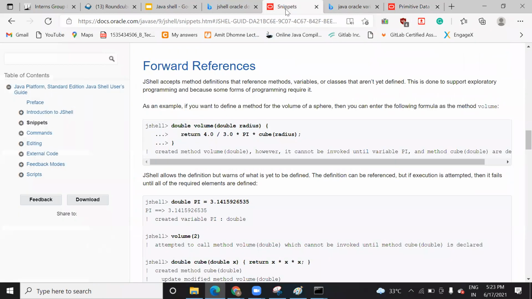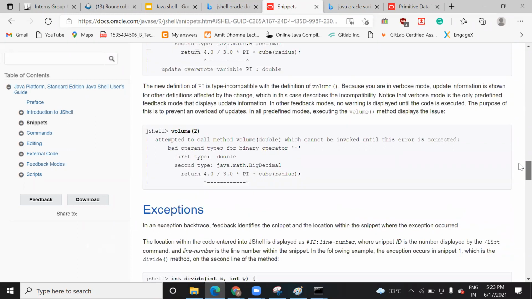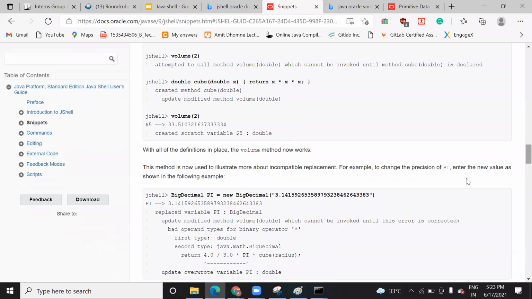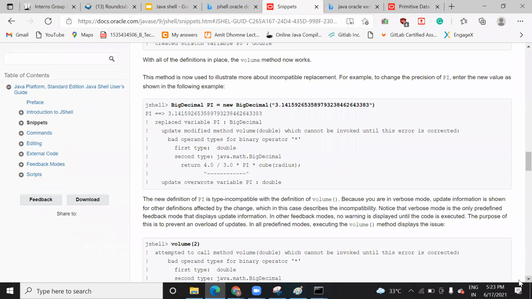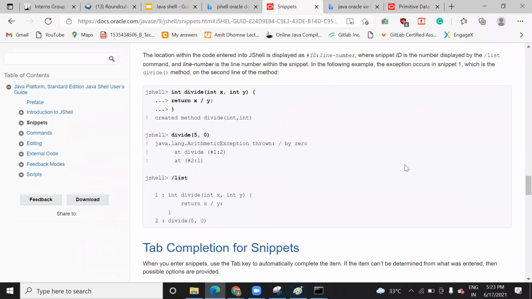Okay, so will you practice these programs today? I'll try. So can I try on Eclipse also, or will it only work on command prompt? It will work only on the command prompt. You can't use JShell in Eclipse.